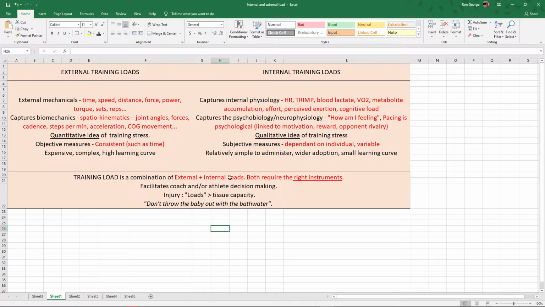And really, these are tools to facilitate coach-athlete communication and/or athlete-coach decision making. So if you want to change something in training, you need a basis to make a change. Or if you want to push yourself higher next year for a bigger goal, you need data from this year, and so you really need an understanding of your training loads to give a basis for making changes or decisions. So having understood that,